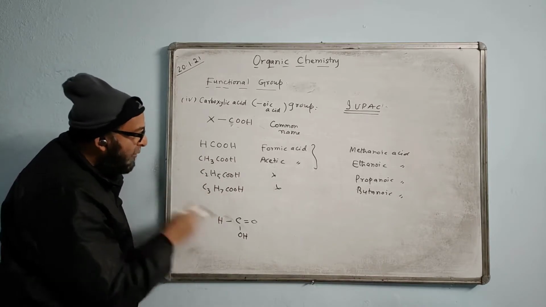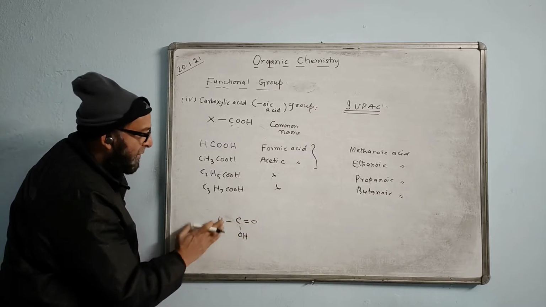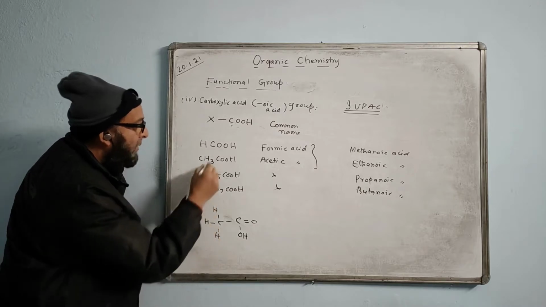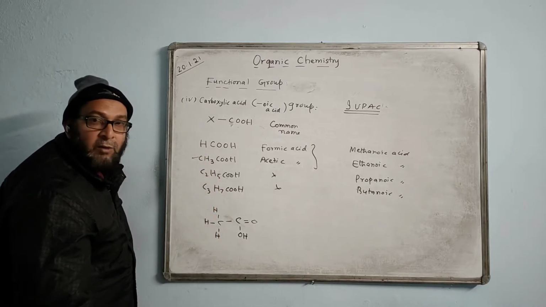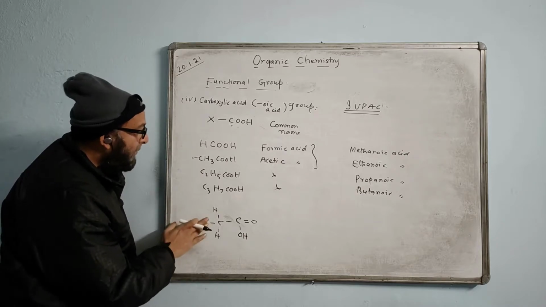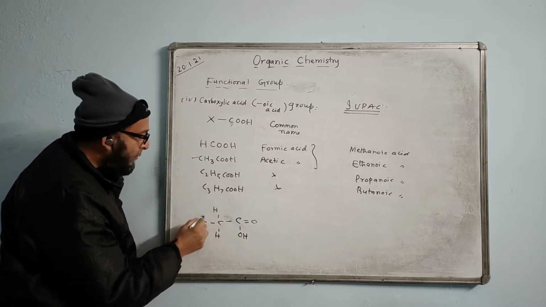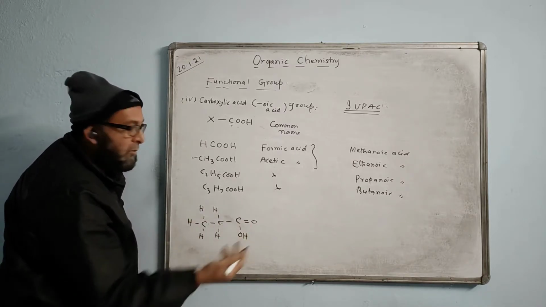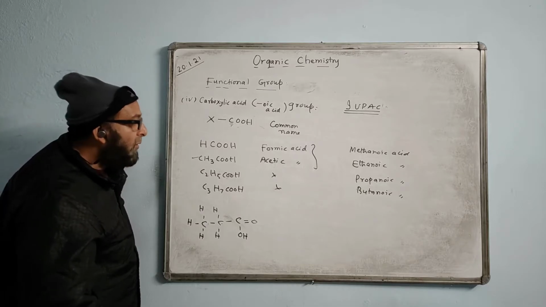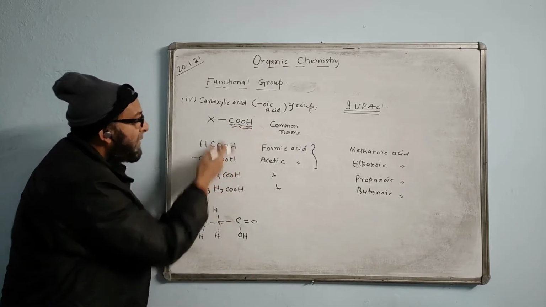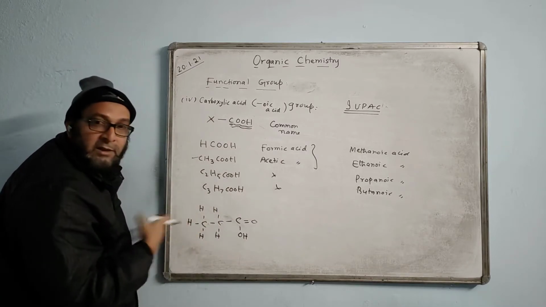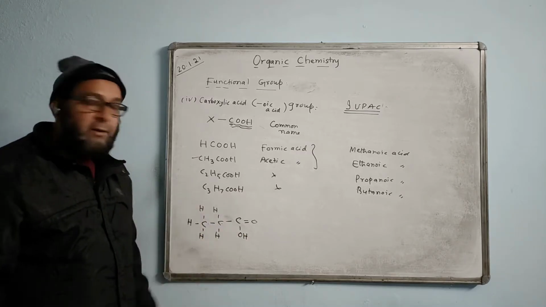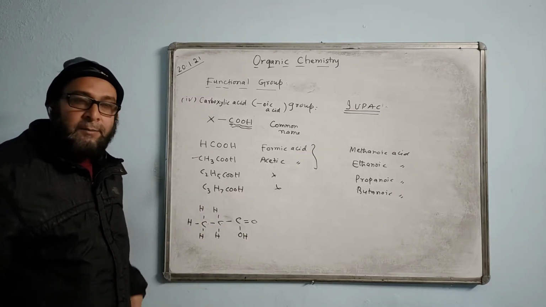If you want CH3, this side will only add on. This part will keep the same, don't change it. This side will add CH3, like this, and it becomes the acetic acid or ethanoic acid formula. Change this side only. You want C2H5, one more carbon you put and put H like this. C2H5COOH automatically becomes. So you should know how to arrange this COOH part, and on this side the X value you keep adding, extending to the left-hand side. You can put COOH either in the beginning or at the end. Is it clear? Check.